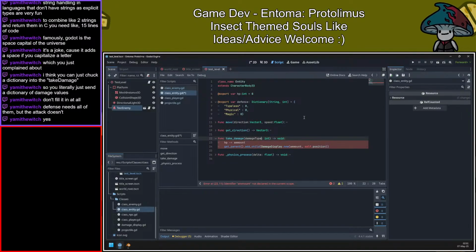Damage type. I guess so. Damage HP minus equal damage dictionary dot